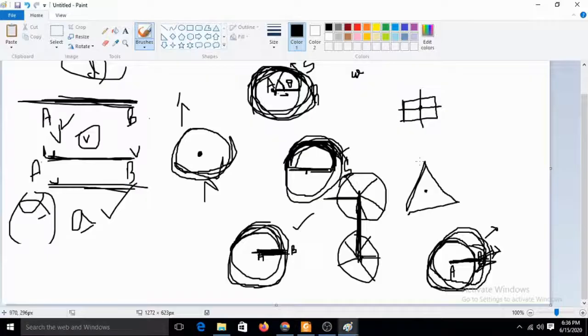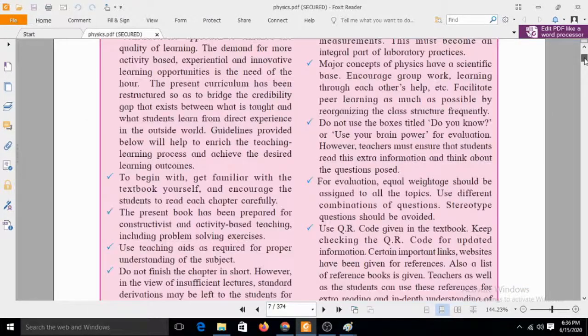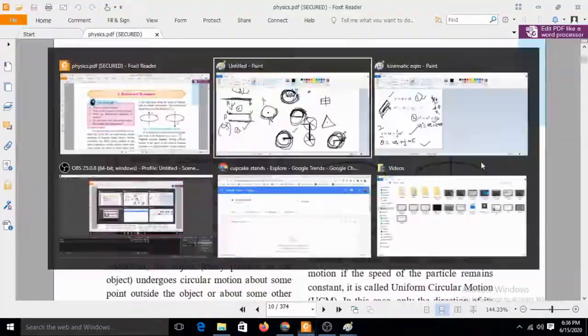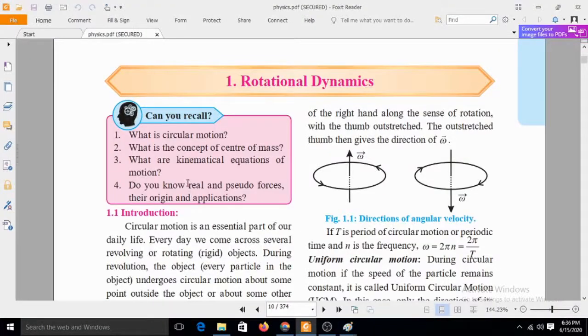And you can consider it as real force and pseudo force. In this it is a real force, that is, in practice we have observed this with bullock carts or car tires, that is, it is really moving, or practically it is happening over here. But this is not the same, that is, it is imaginary, meaning you cannot imagine in which direction the force will go out or the circle will take an outward push. That is imaginary. See, we got the answer for this.